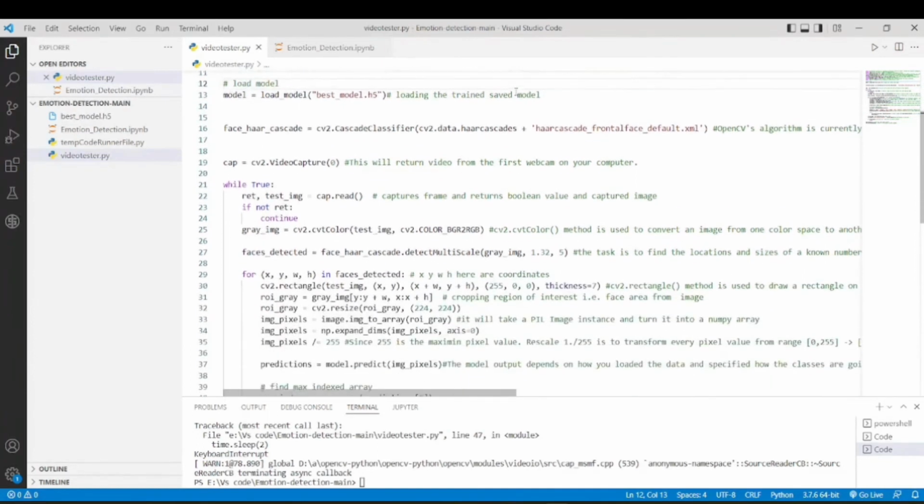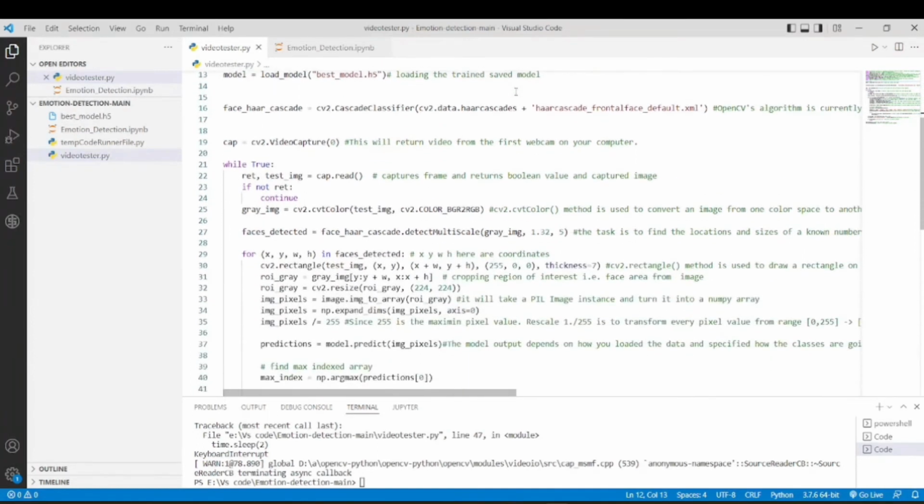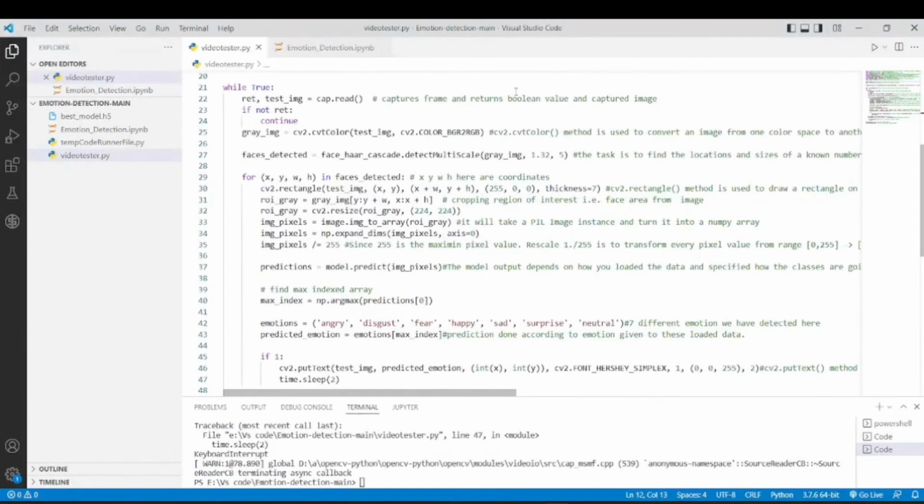In this program, we can detect up to 7 emotions, which are angry, disgust, fear, happy, sad, surprise, and neutral. These 7 different emotions we can detect from this program.